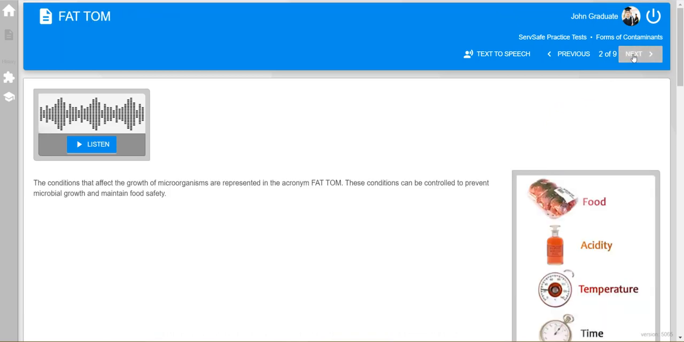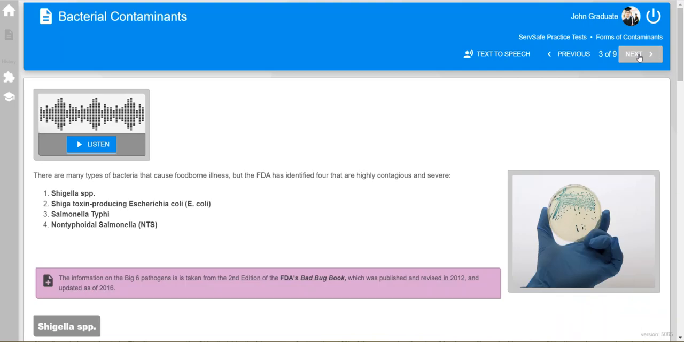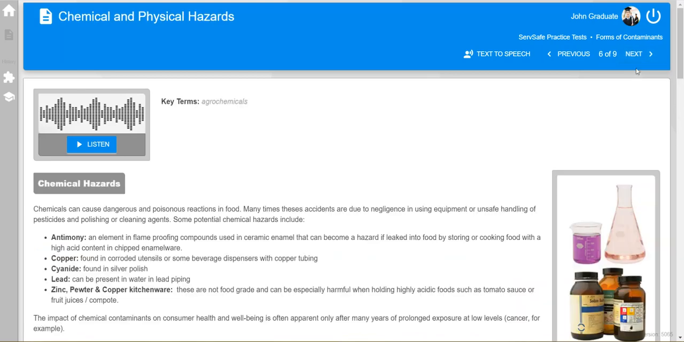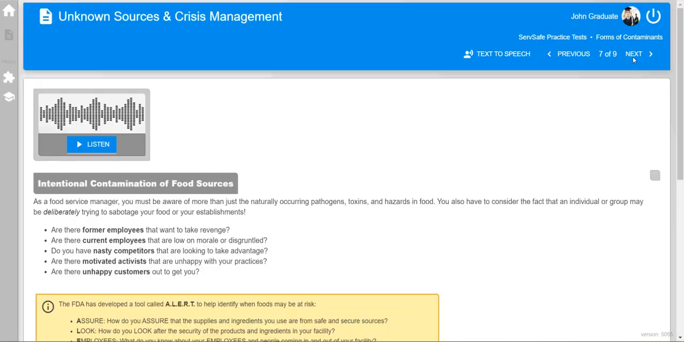So let's go to page 2. We're learning about Fat Tom. Then page 3, bacterial contaminants, and so on and so forth. After I've gone through and studied these 9 pages of content,